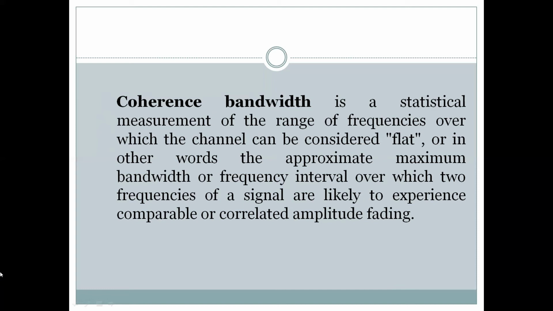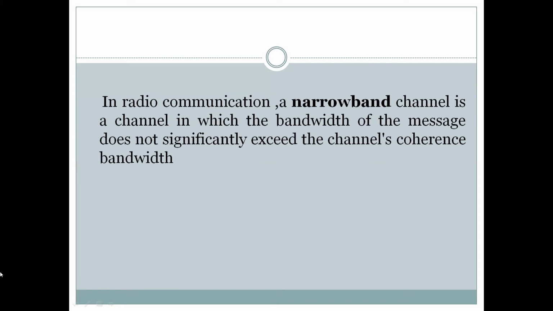If there is a correlation in the amplitude fading observed in any two randomly selected frequencies of a particular signal, then we can say that the channel which introduces this amplitude fading is flat. And the range of frequency over which this phenomenon is observed is called the coherence bandwidth of the channel. So it's a statistical measurement and nothing else, but it's very, very important. So those channels that satisfy this condition, that the bandwidth of the message does not significantly exceed the channel's coherence bandwidth, are called